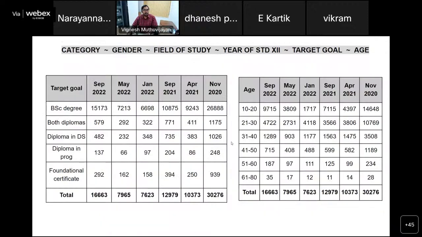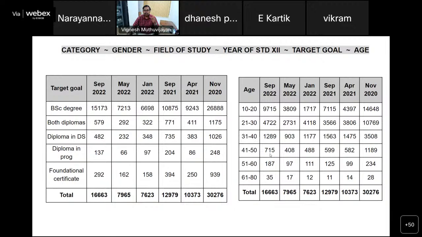Okay. With that, we can move on to a few other numbers which we find very fascinating. If you look at the age group, you would see that we have people of various ages who have applied. We have students who are even 80 plus. There's actually one candidate who's more than 80 years old who has applied. And you can see that every year this number is not trivial. Above 50, we have a reasonable number of students who keep applying and who are learning with us.